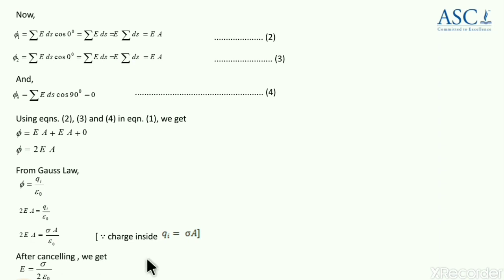So these are the three derivations under Gauss law. Any of the derivations can appear for 5 marks in the board exam. So you have to be very thorough, and learn this many times and practice it.